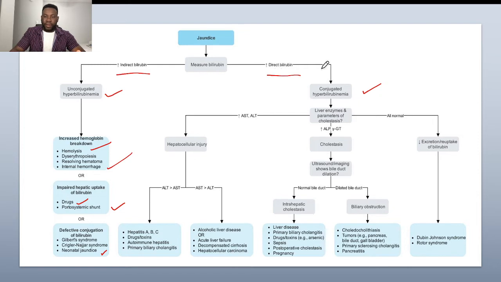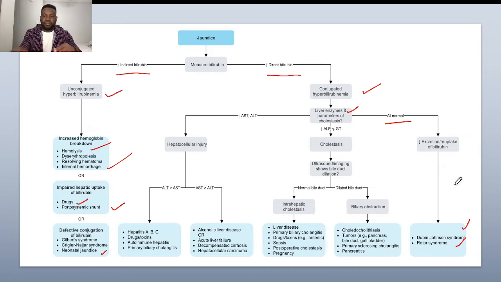Let's look at direct conjugated. So direct, we can divide it into three parts. What we have to do is, if we do liver enzymes and the liver enzymes are all normal, then we know that the most likely cause is going to be Dubin-Johnson or Rotor syndrome, whereby the liver has finished conjugating, but it is not able to transport it into the